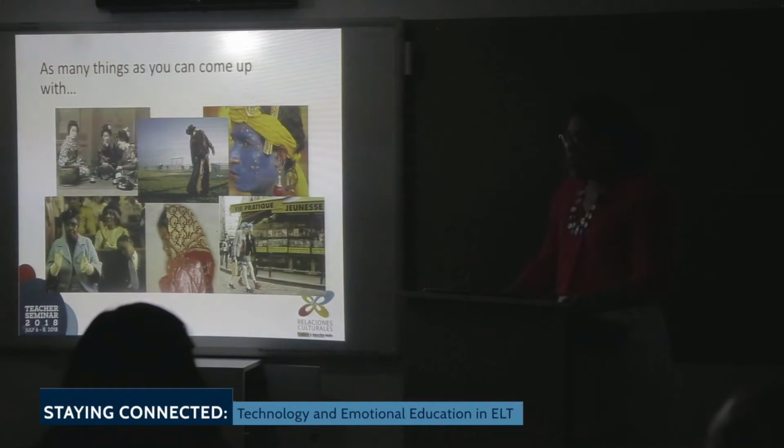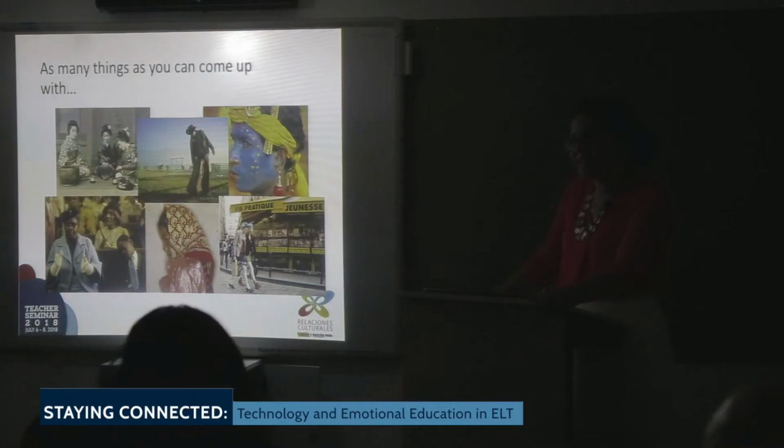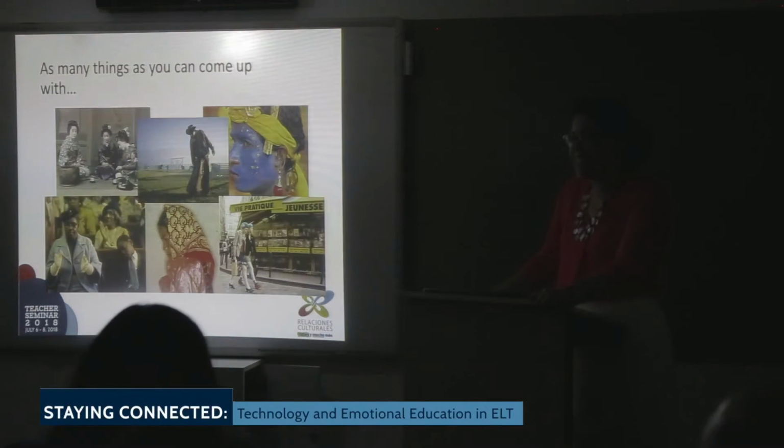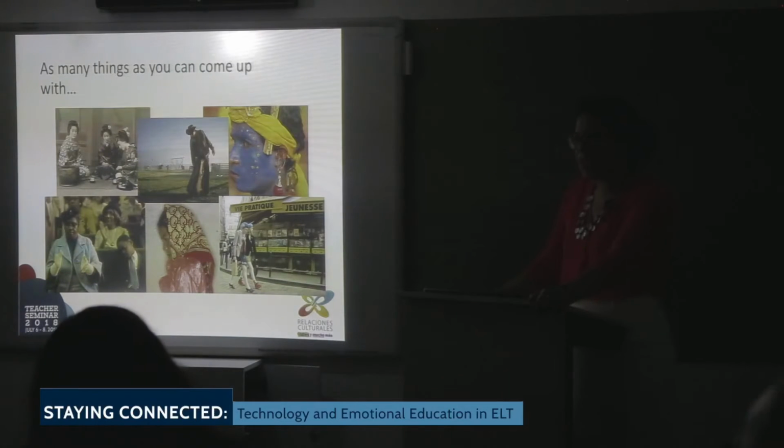So, I'm going to have the back row, everyone who is sitting all the way to the back. To the count of 3, you're going to tell me as many things as you can think of when you look at these images. Ready, set, go. Cultural diversity. As many things as you can think of. Okay, stop. I'm going to have the second row now. Go ahead and do that. Ready, set, go.